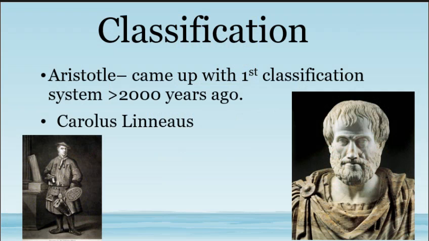These two guys are some of our famous historical scientists that you should remember way back from Module 1. Aristotle over here, the Greek, came up with the first way to classify things more than 2,000 years ago. And he classified them based on characteristics of those living things. He kind of put them in different groups. Well, then this guy came along. His name is Carolus Linnaeus, and he wanted to make it very systematic.